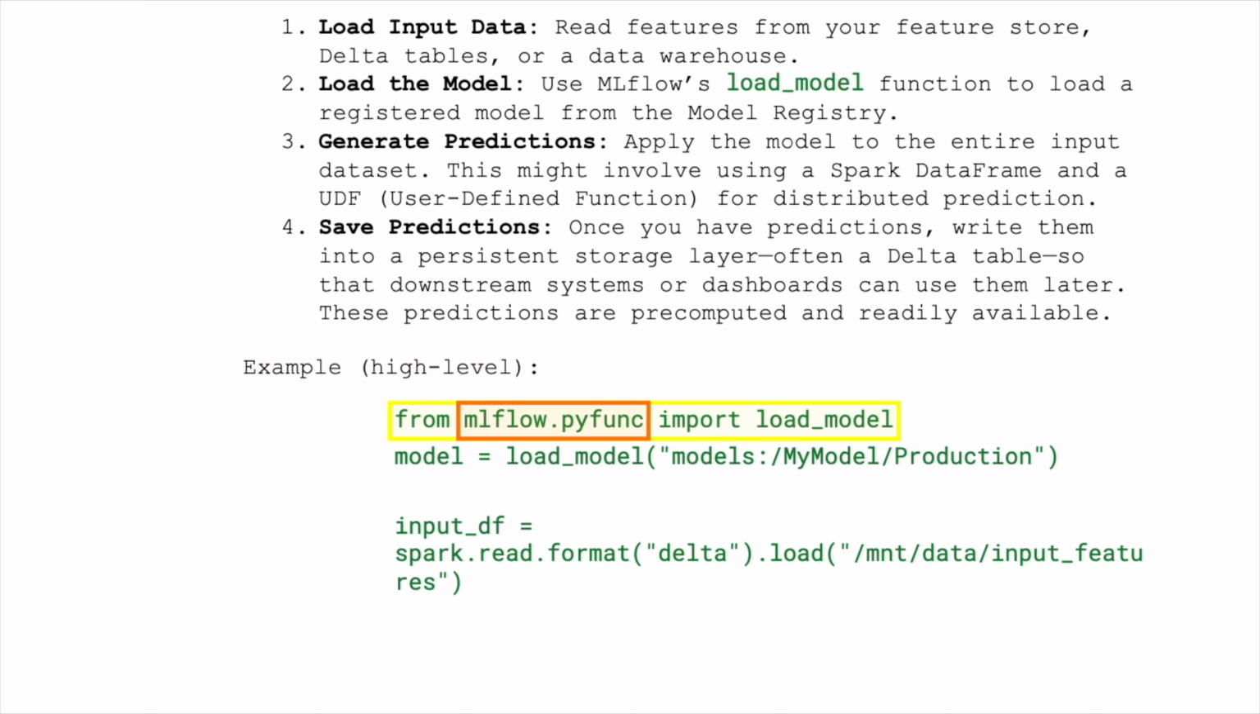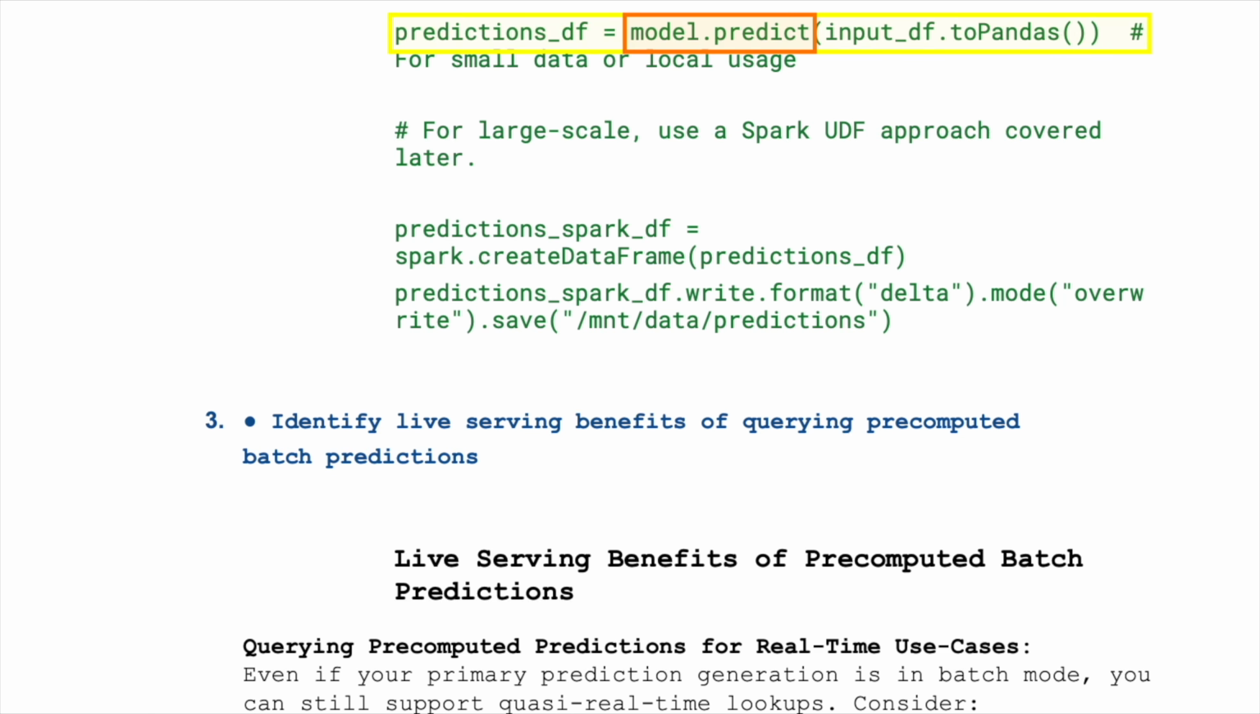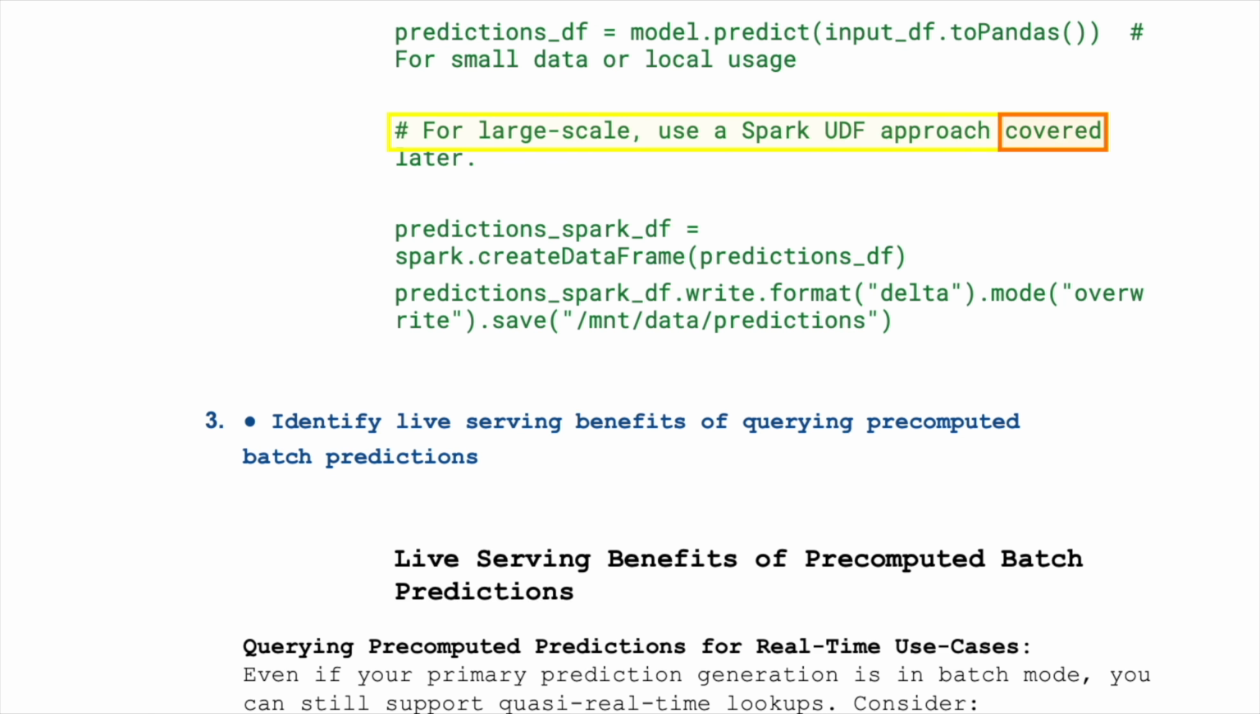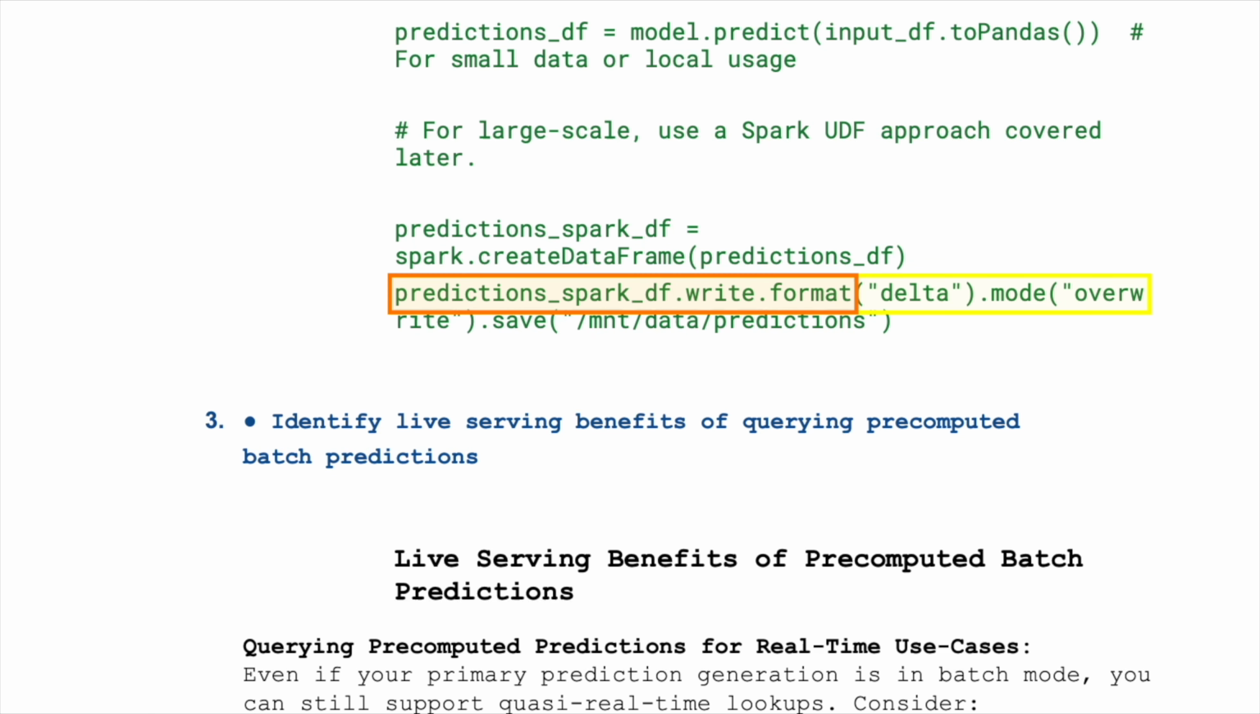Example, high level, from mlflow.pyfunc import load_model; model = load_model("models:/my_model/production"); input_df = spark.read.format("delta").load("/mount/data/input_features"); predictions_df = model.predict(input_df.toPandas()) # for small data or local usage. # For large scale, use a Spark UDF approach covered later. predictions_spark_df = spark.createDataFrame(predictions_df); predictions_spark_df.write.format("delta").mode("overwrite").save("/mount/data/predictions")